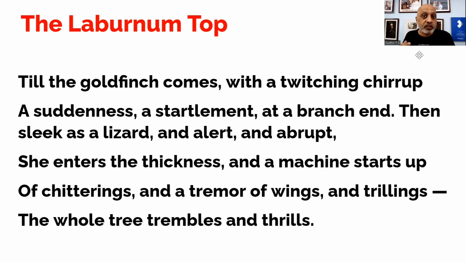And a machine starts up of chitterings and a tremor of wings and trillings. The whole tree trembles and thrills. Trillings is producing the chirruping sound, and tremor is the involuntary vibration of the wings of the mother bird, also those of the little ones of the bird. So till the goldfinch comes, जो पहले लाइन में जो लिखा है, indicates the sudden change which happens when the bird arrives at the laburnum tree, and this is ending the death-like silence जो उसके पहले